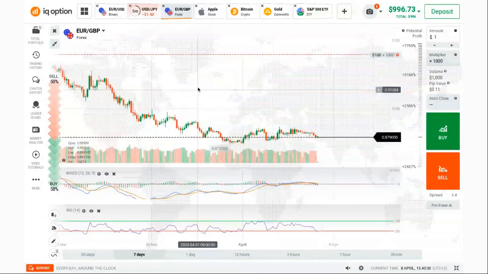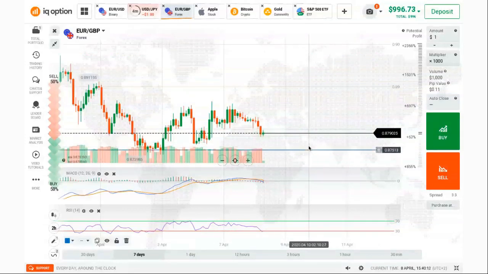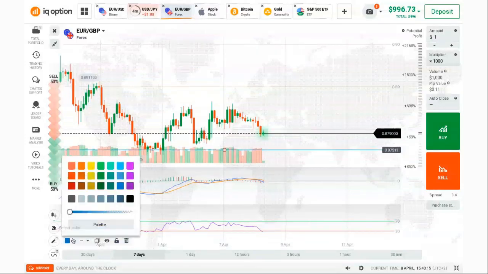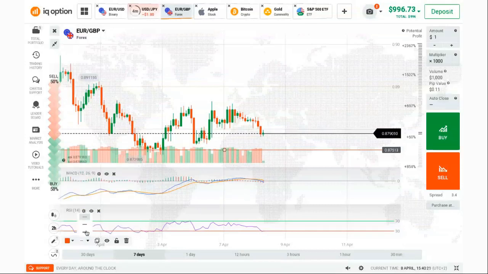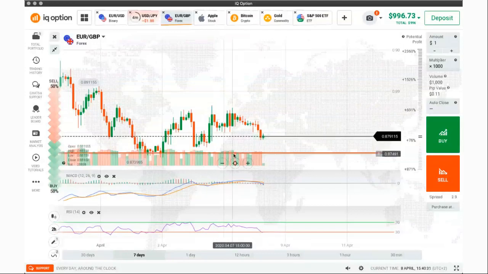Please don't take these as matter of fact, but I'm going to give you a physical example of what happens. So if I take a horizontal line, and let's imagine for the sake of hypothesis that this line here, I make it red, because we obviously can customize everything on the platform, and I make it slightly thicker so we can see it. I'm just going to come out of the full screen mode there, so my calibration's slightly better. Okay, let's imagine this is my auto close if I open the position here